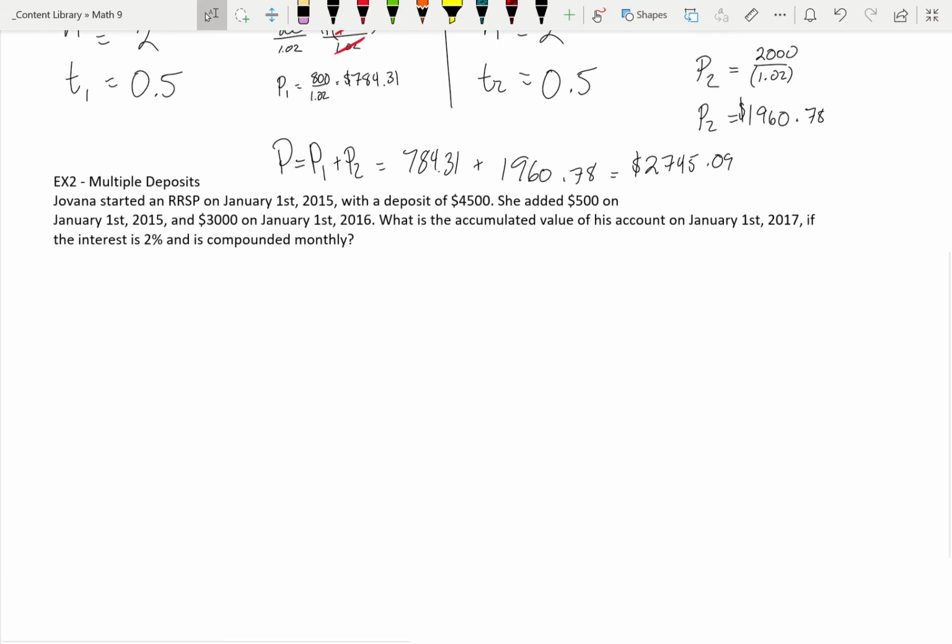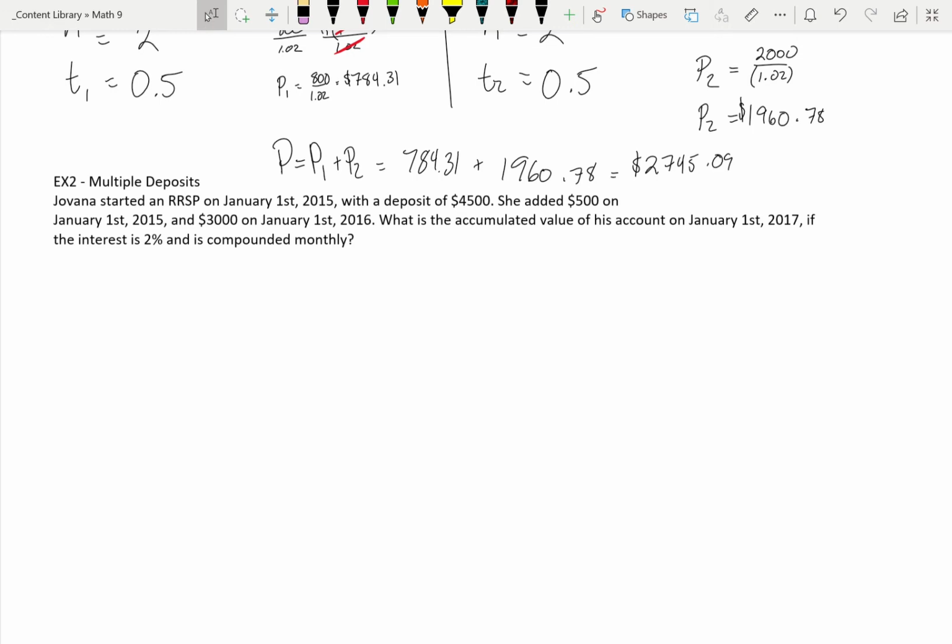So Jovana started an RRSP, which stands for a Reserve Retirement Savings Plan. It's basically a way of putting away money, or sorry, a registered retirement savings plan. So basically you put money away and it holds it in an account for a set period of time until you retire, and then you have access to it. So then the interest builds up and you basically have access to a large nest egg that you can live